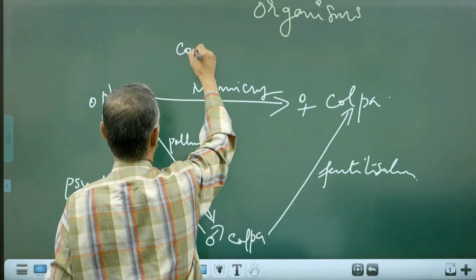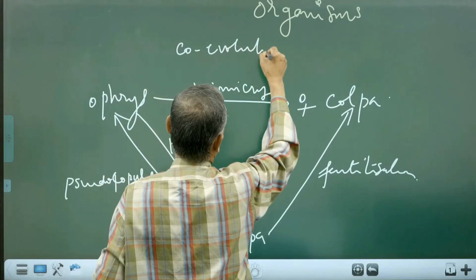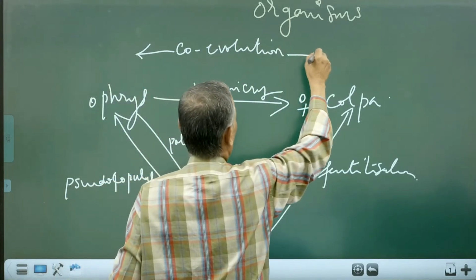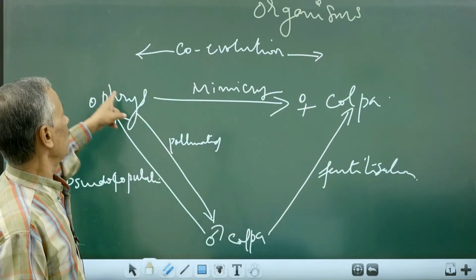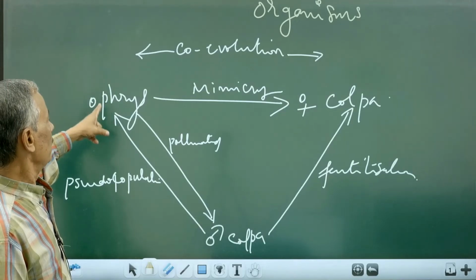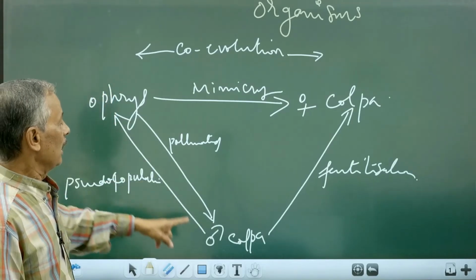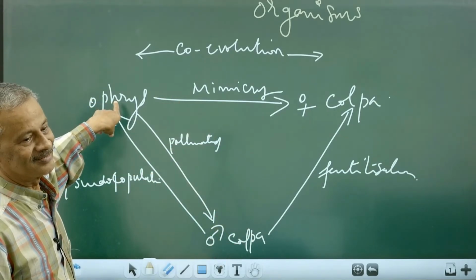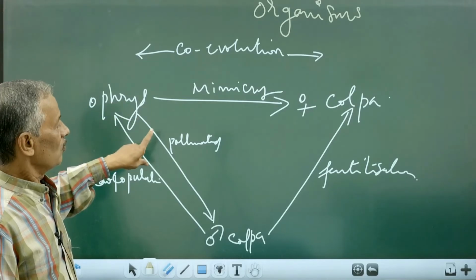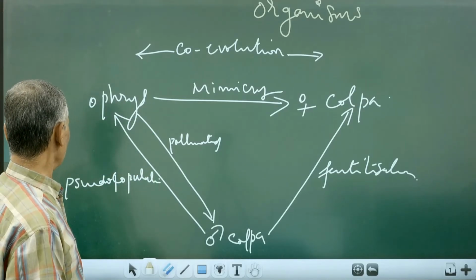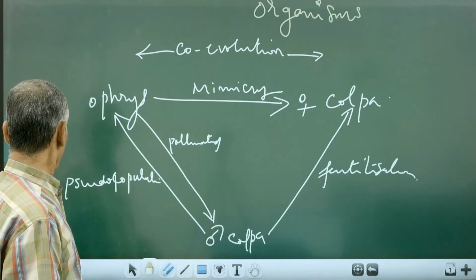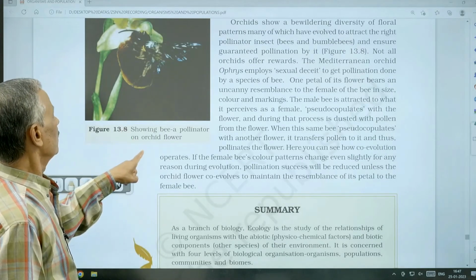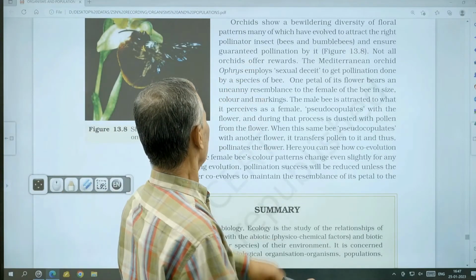Okay. Thus, this flower, Ophrys and Colpa, they are all exactly similar in appearance. They show what is called co-evolution. Any change in the structure of a female should be copied immediately by this Ophrys, then only this technique will be always working. Otherwise, the technique will fail. Clear? So, we are having such an interesting case of sexual deceit shown by a bee pollinator orchid by name Ophrys musifera.